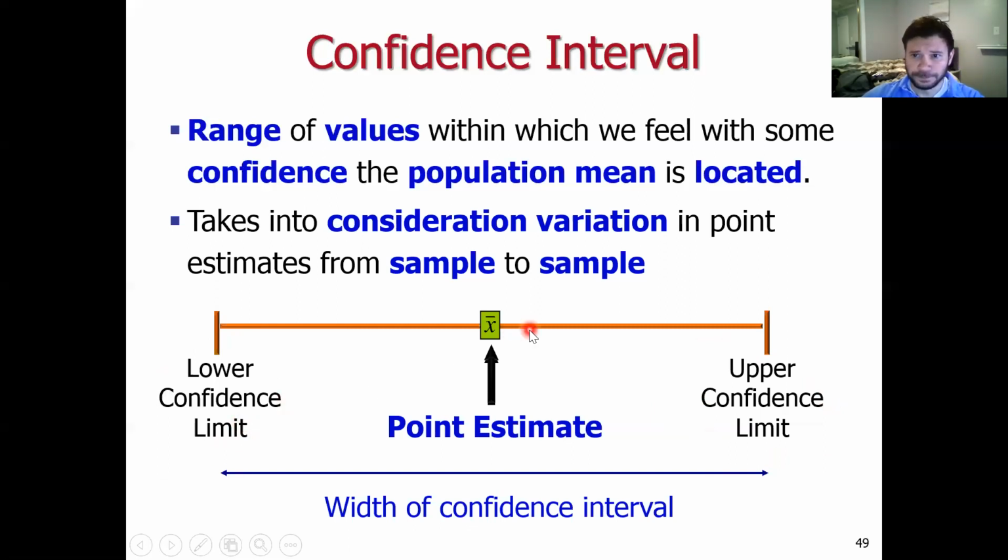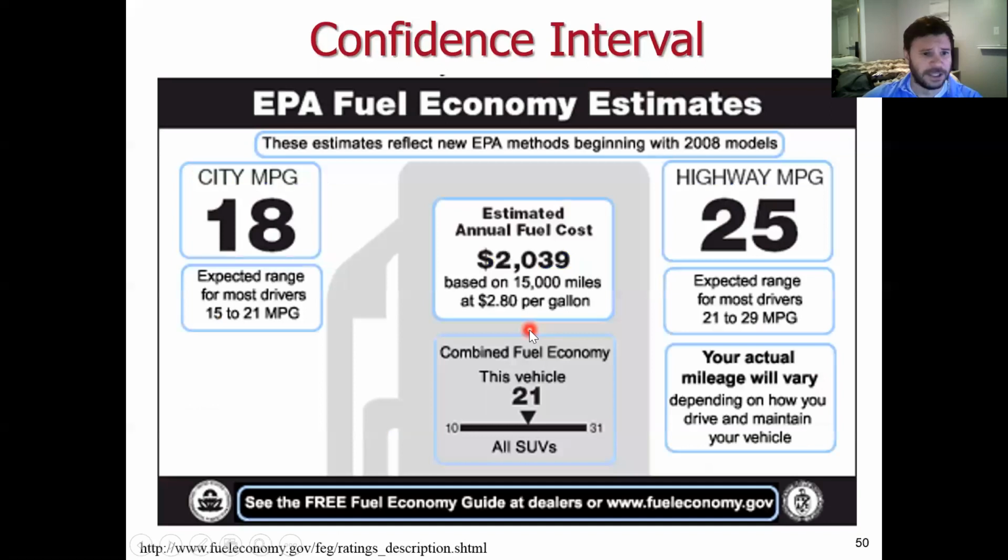So that is the goal. You've probably seen confidence intervals in other situations. Here's a slide that shows EPA fuel estimates, right? 15 to 21 miles per gallon. They're telling you the average is 18, but they're giving themselves a margin of 3 miles per gallon up or